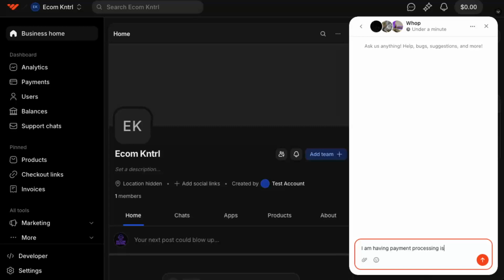After you've sent your query, keep an eye on that support window or your email, depending on how Whop replies. And that's all there is to it. From your home dashboard, to the profile dropdown, to help and support, and finally sending